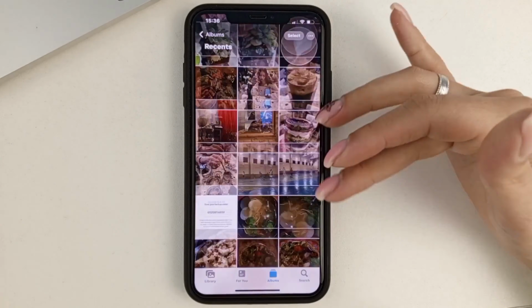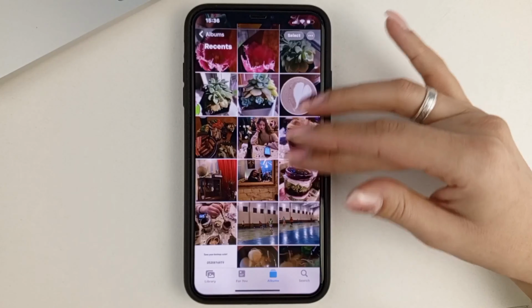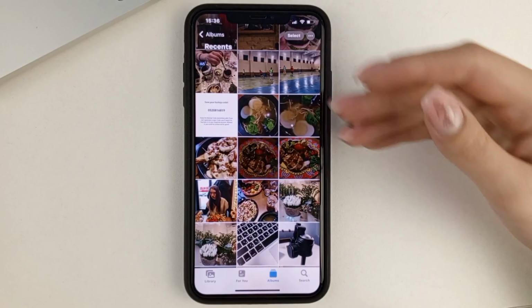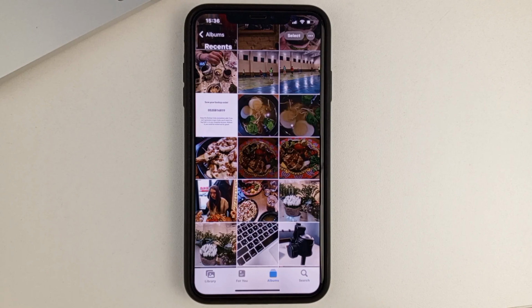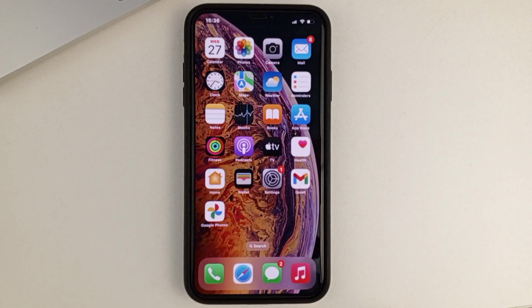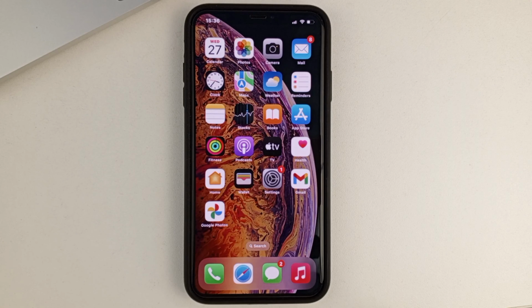And here we will see all the photos, the ones that we have on iCloud as well. Because in the gallery are all the same photos that we have on our iCloud storage. Because you and I have already enabled synchronization. And we'll have the photos both on our device in the gallery and on our iCloud. So that's the way you could view your photos on iCloud and enable synchronization with your device.